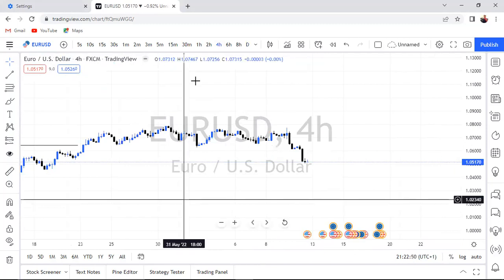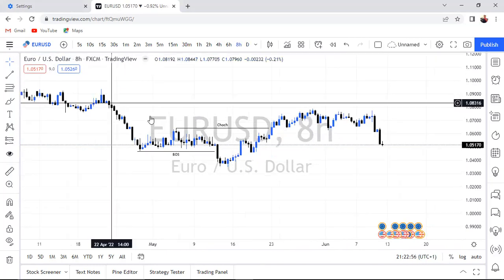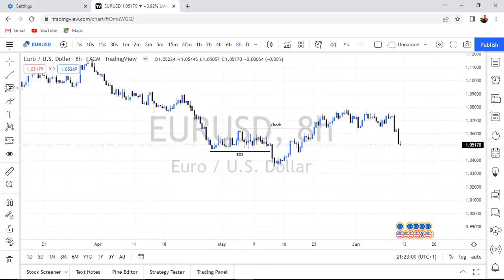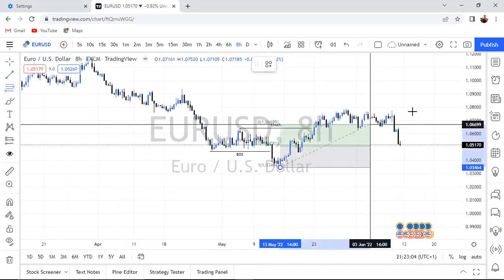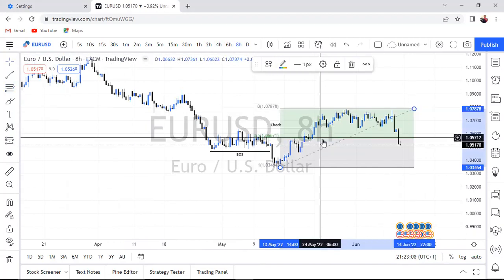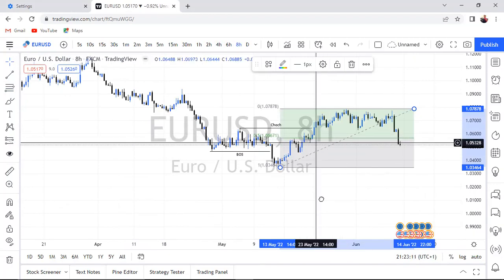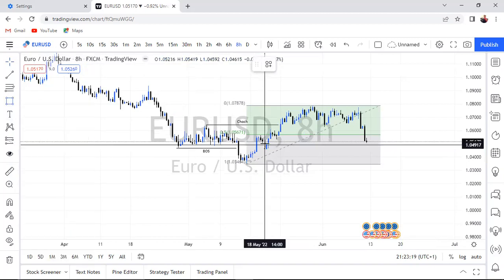If we look at it from, let me check the other blocks around here now. We have to start buying from discounts and not premium. So any order block below this 50% is a valid order block for us to start looking for long. Are you getting it?